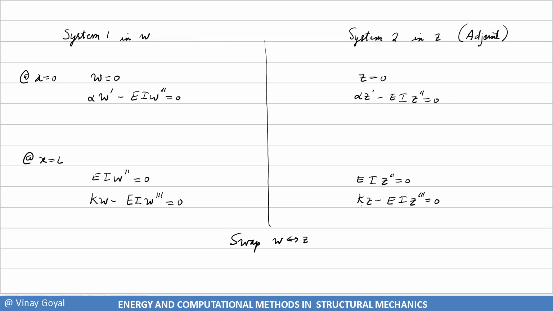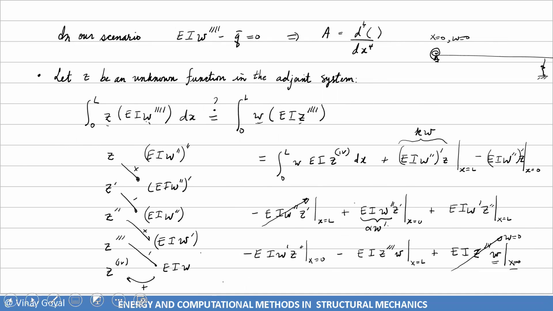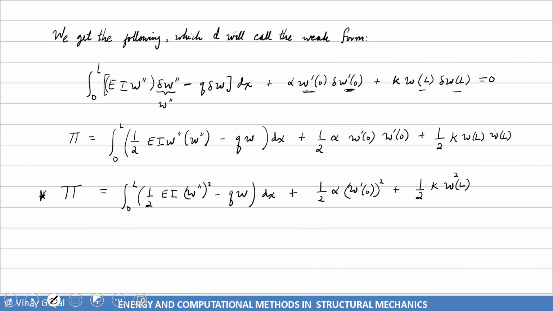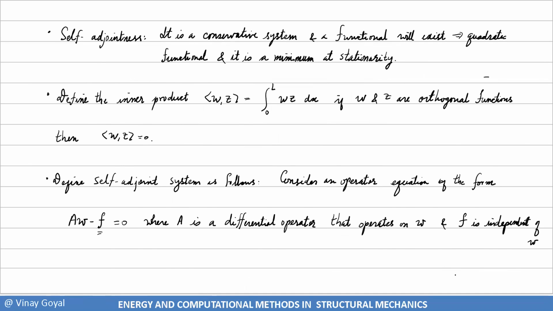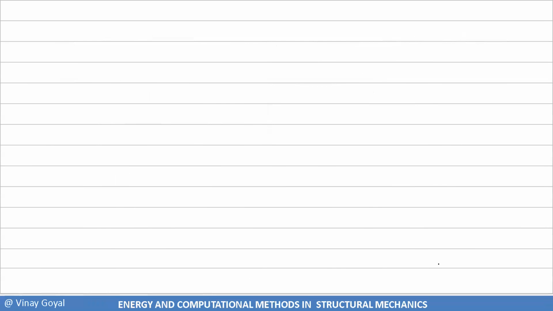So therefore, this system is self-adjoint and a quadratic functional exists. And you can see that I was able to get it earlier. I was able to get the quadratic functional. This is what I got. So obviously, it does exist and it's doable. And so this example shows you